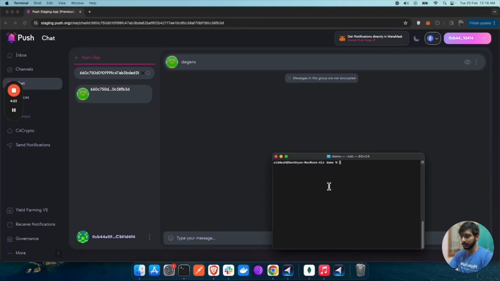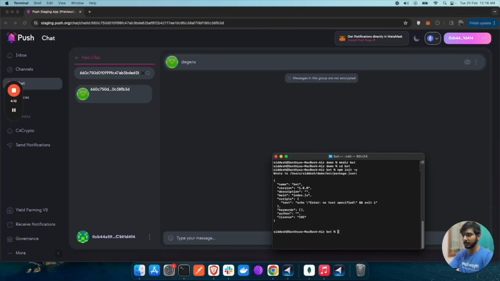I am gonna create a new bot folder. Let's go to bot. Let's actually initialize a node project. Let's install push protocol REST API. That's the important one. Ethers, just in case we're gonna use some wallet, right? And also let's install Axios to pull the price, and let's also use .env so we securely save our